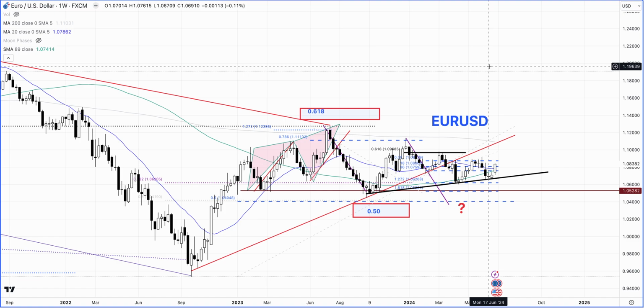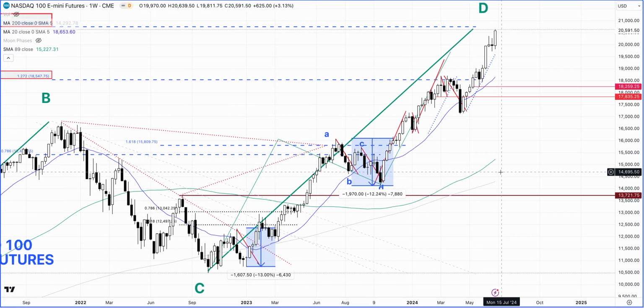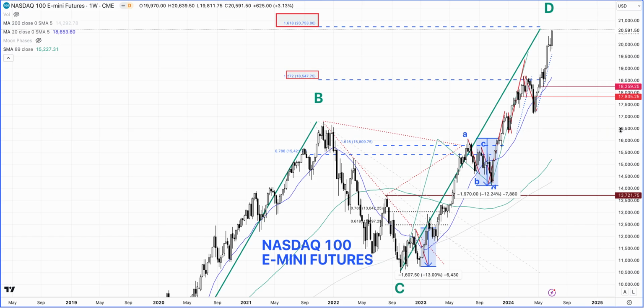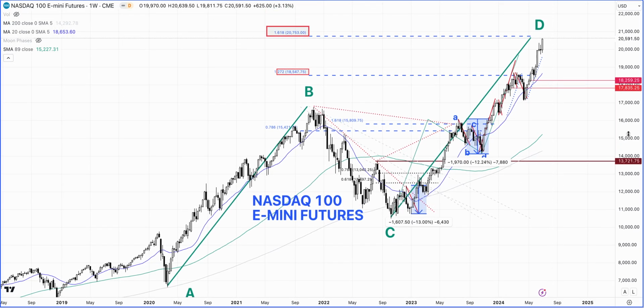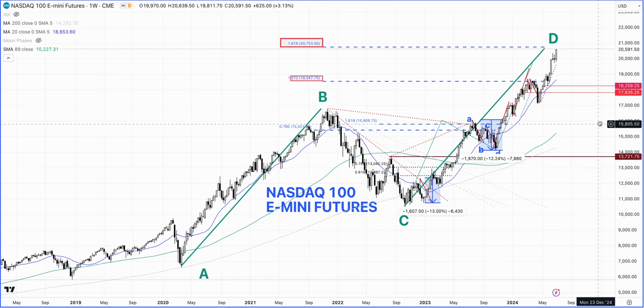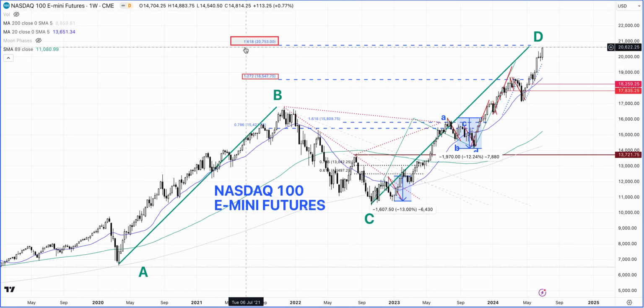Okay, so now let's move to the stock market. I'm going to start with the NASDAQ 100. Here we go. So the NASDAQ 100 is really reaching the level that we had been discussing for a long time, in fact. The long-time subscribers of the channel will know that we came up with this target of 20,750 based on this 1.618 expansion of this BC swing, which is the entire 2022 bear market,